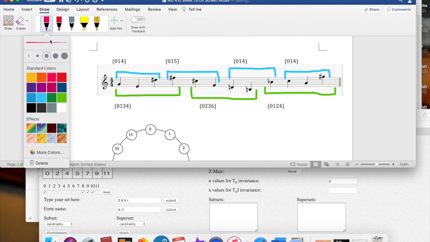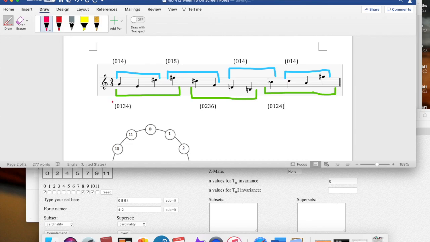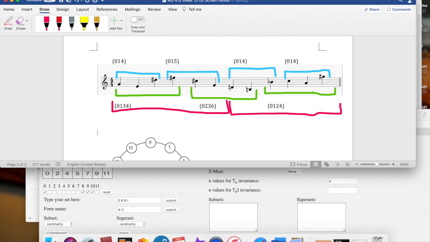How about this pink? That looks fun. For hexachords, I'll just go like this and we'll divide right down the middle. I'm very good at drawing, as you can see.